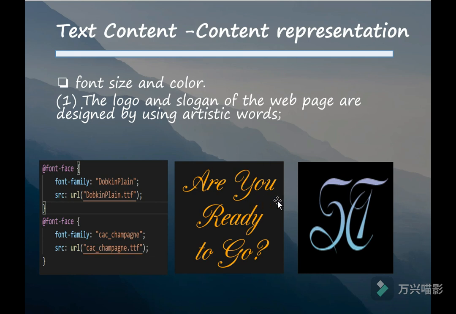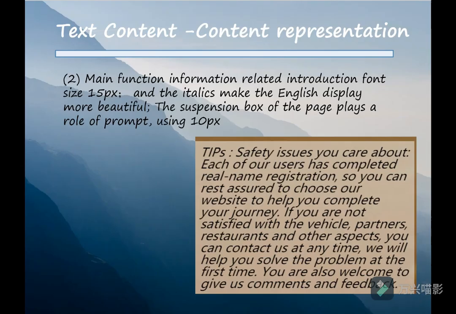The logo and the slogan of the web page are designed by using artistic words. And then, the main function information related introduction uses font size 15px, and the italics makes the English display more beautiful, and